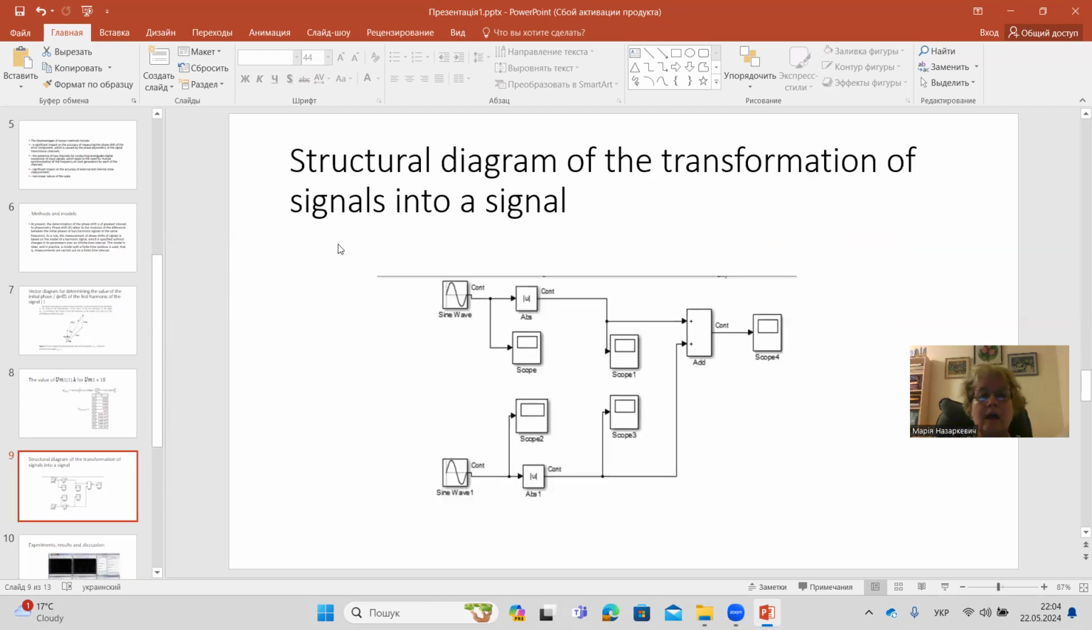Data and a structural diagram for the transformation of the signal are shown in the picture. The model works in